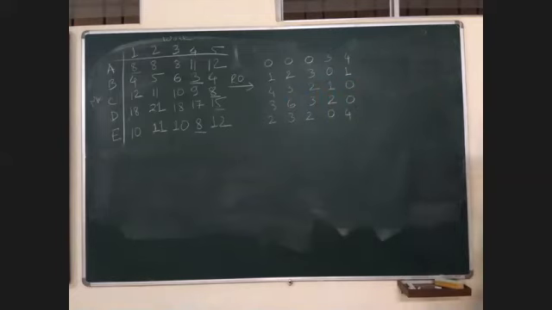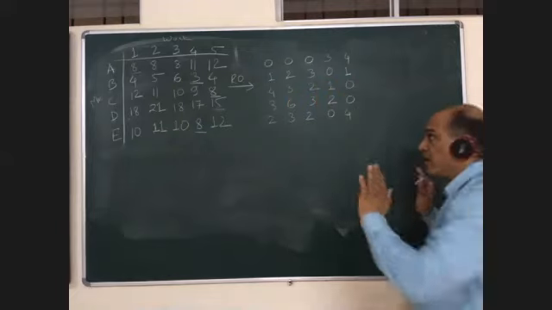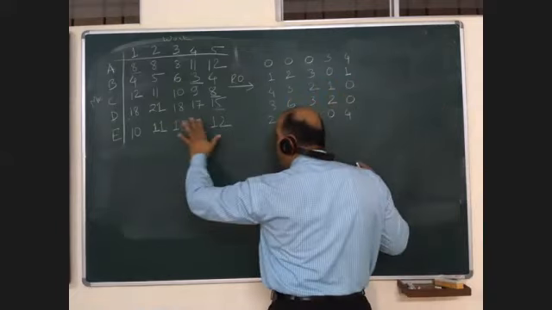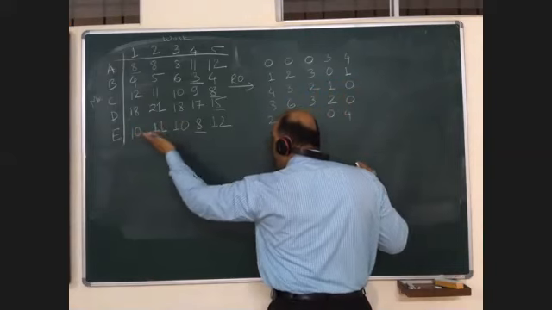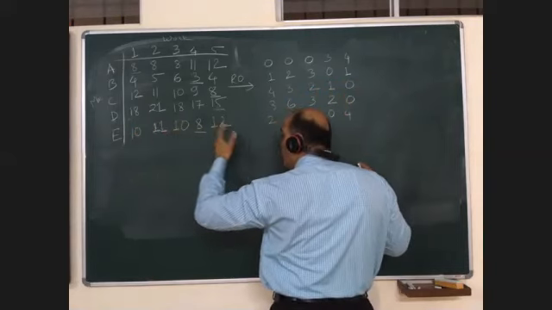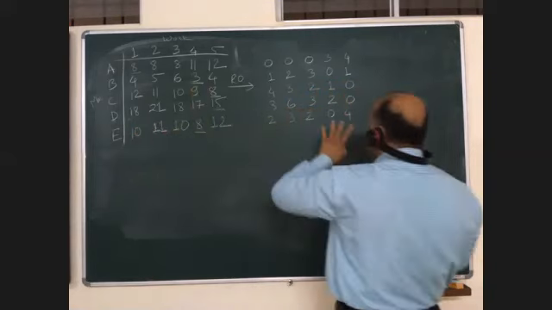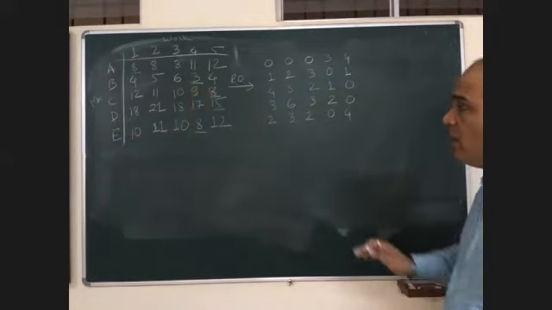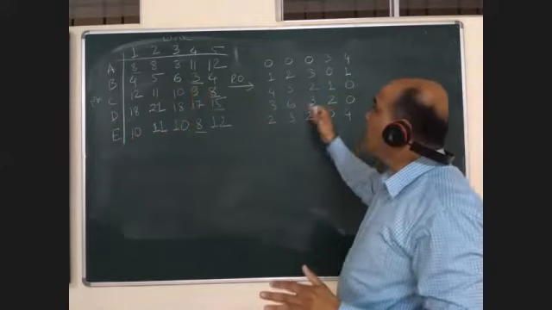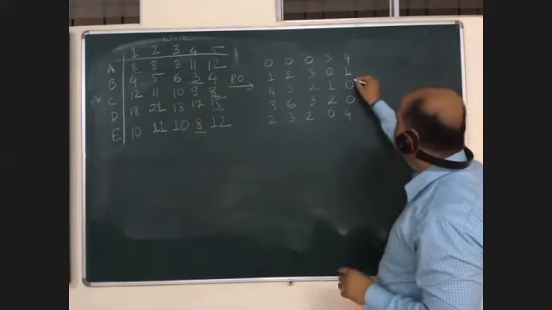I hope everyone is with me. You have understood this step? Yes, sir. What we have done is taken the minimum, subtracted the minimum from all elements, itself also, and we get zeros. The objective here is to get the maximum number of zeros at the end.